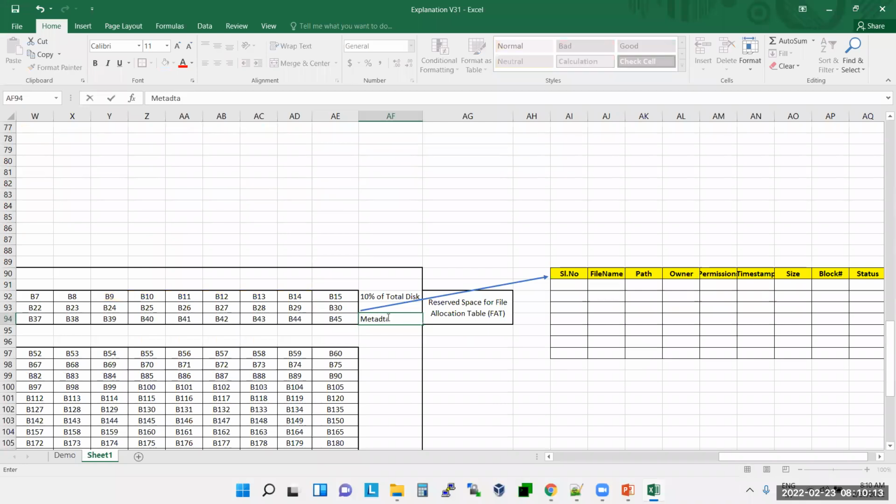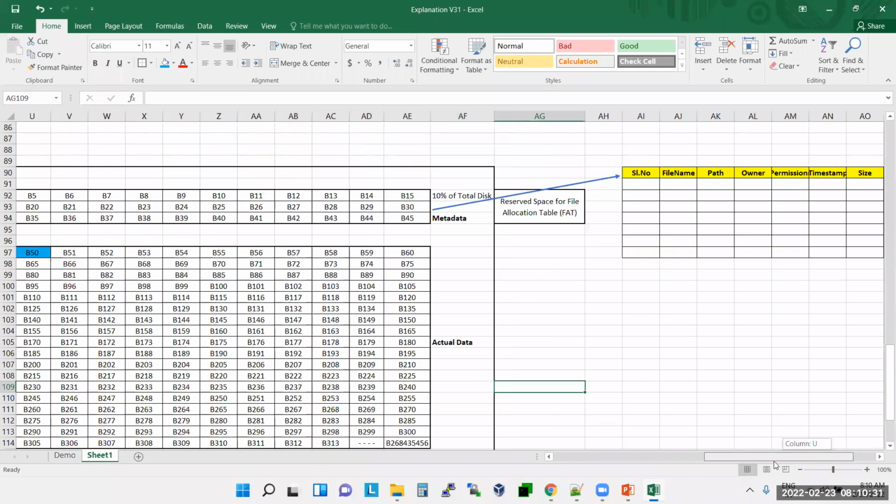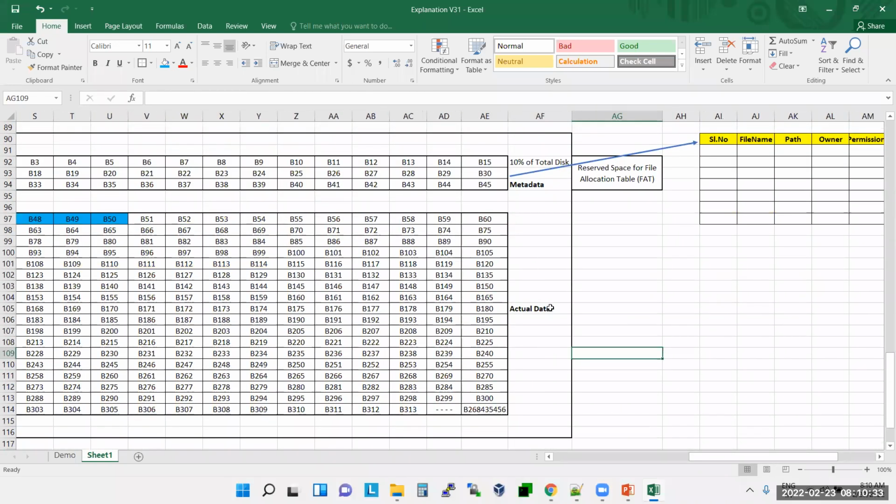What do you mean by metadata? When I say metadata, it is information about your data. And this is the place where it will store the actual data. So here, your disk is using only 90% of the space for data.